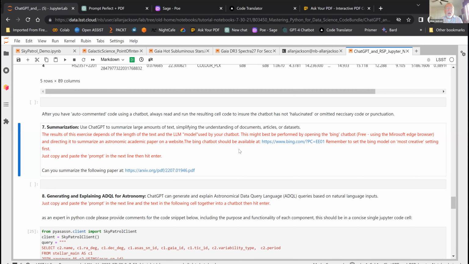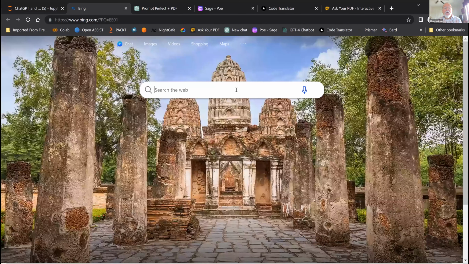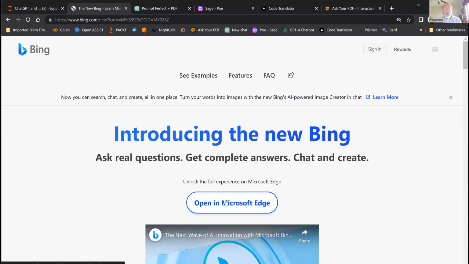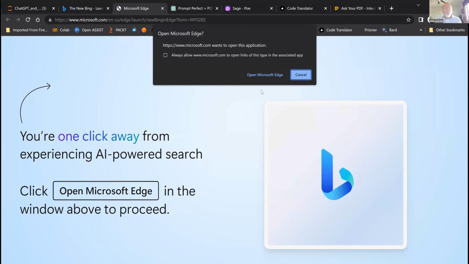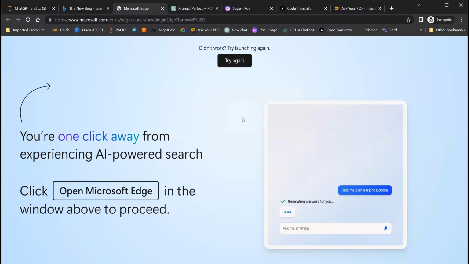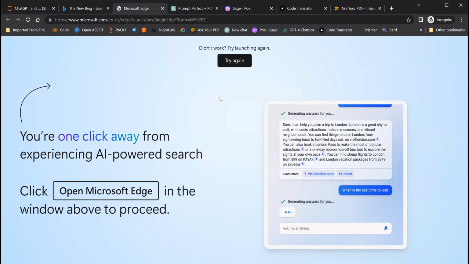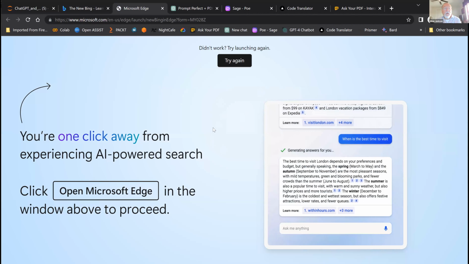so basically you'd have to copy the prompt. You'd have to open it up. I don't know if this will try and open Bing up. Let's see. The new Bing, learn more. Open in Edge, right? I did it in Bing, and I think the Bing summary is much better. Oh, do you? Yes, I did it in both. Interesting. Yeah, I think it's much better in Bing. Fantastic.